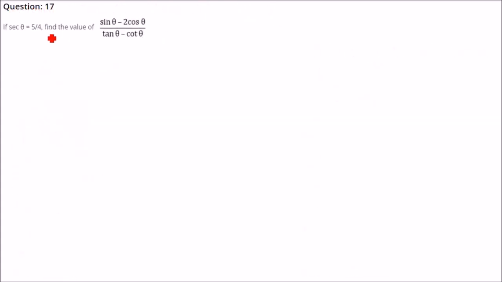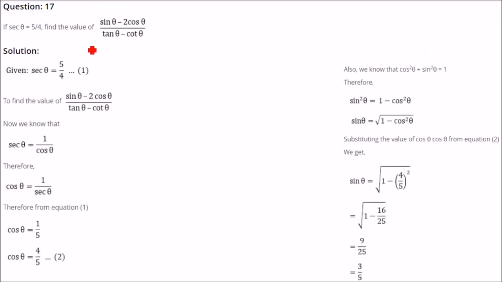Next is sec theta equal to 5 by 4. So let us find the other values also. Because sec theta is given, and we know that we can find out other values using the formula also. Either you can use the trigonometric ratios, or you can use the formula also. So better what we are doing here is we'll use the formula, because formula is in front of you. I'll show you the other way.